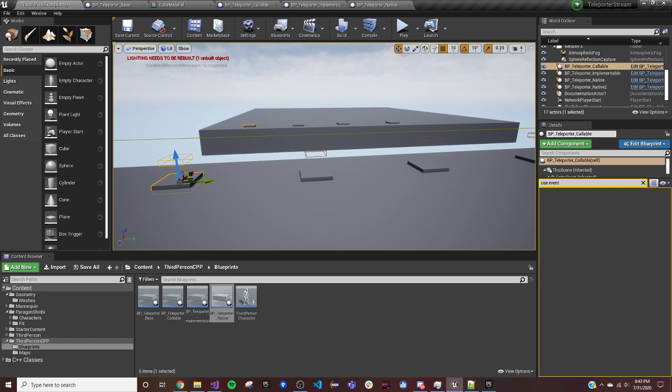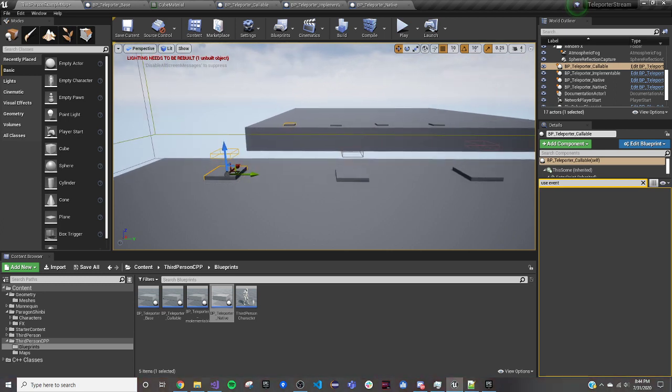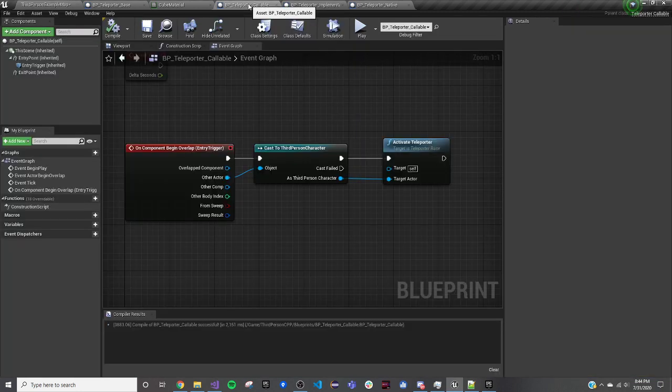Yeah, I'm going to do it with the callable one because this is kind of, I guess you could say, a demonstration on how to provide code for your designers without them needing to understand how it works, right? And so what I'm going to do is we're going to open up this callable one,